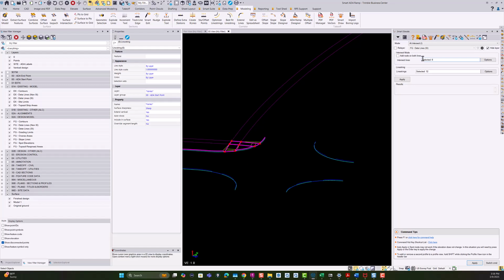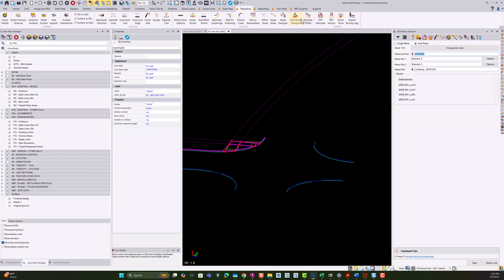So by doing this, you can automate the process. Using switch command, you can go back to the ADA ramp command. I closed it, I think, but if I go back into ADA ramp here, normally when the ADA ramp is running, you can toggle between the Smart Edit, Smart Elevate. If ADA ramp is here, if I go to Smart Elevate,